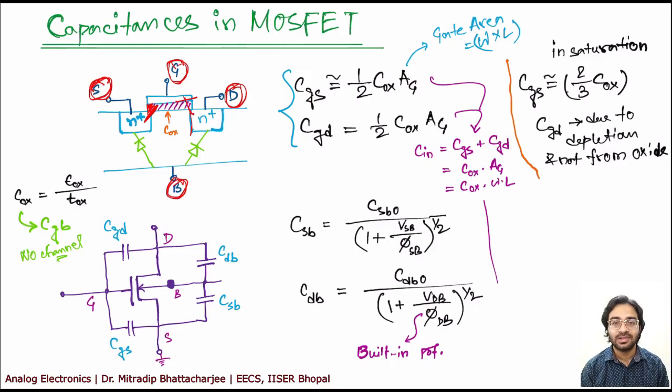And what are these capacitances? These capacitances are reverse diode capacitances, as we also discussed in case of BJT in certain cases, right? Why is it a reverse diode? If you look at the structure, this is your P substrate, then you have N plus here, and this is P. So this junction is basically a PN junction. And the way we bias, this junction is always in reverse bias, right? Your source is generally grounded, your bulk is generally grounded.